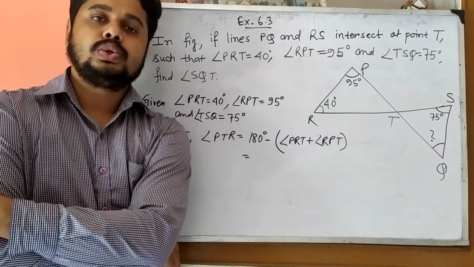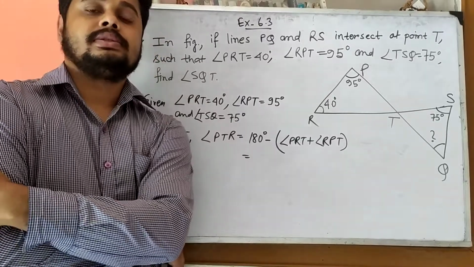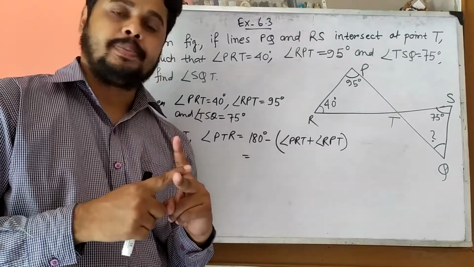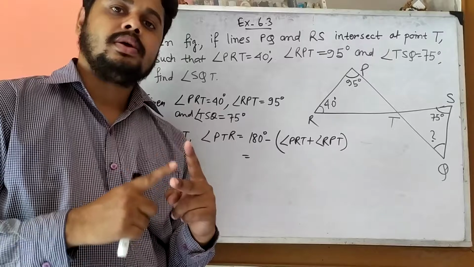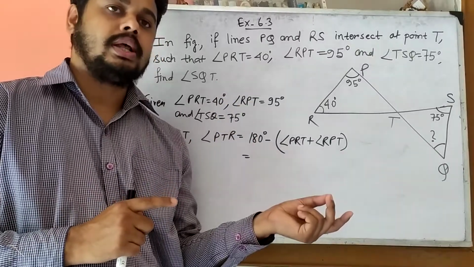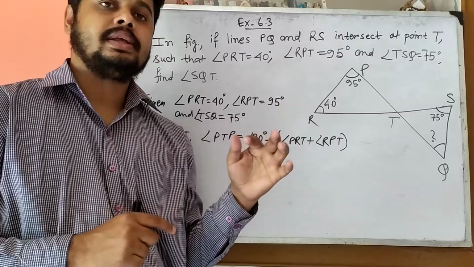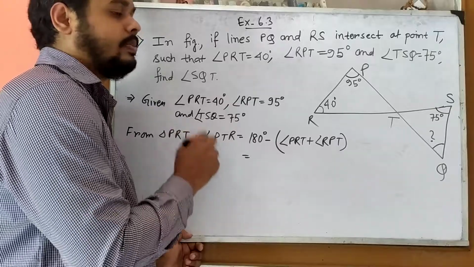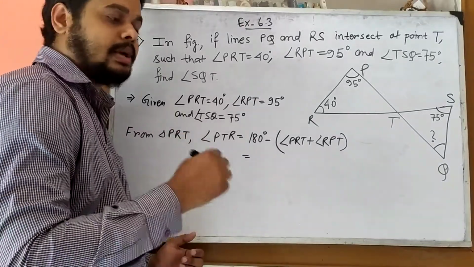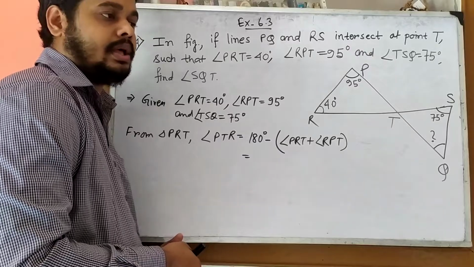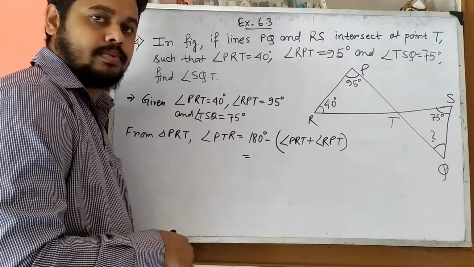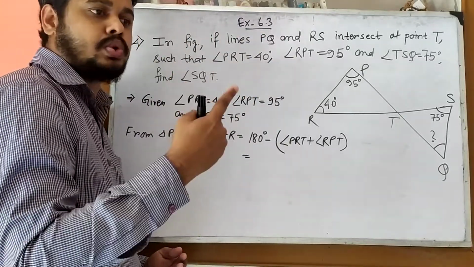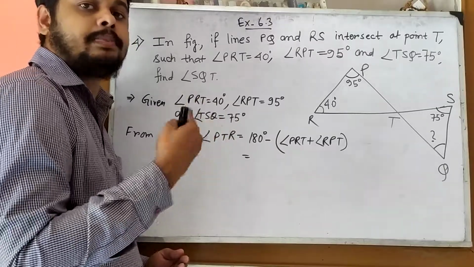Last day I mentioned, today also I repeat, that you have to prepare two copies for alternate chapters. Suppose you are making one copy for the last chapter, polynomials, then on the second copy, solve the problems of the chapter lines and angles. And suppose your next chapter will be Heron's formula, then you have to use the first copy once again. So you have to use two copies alternately for alternate chapters.